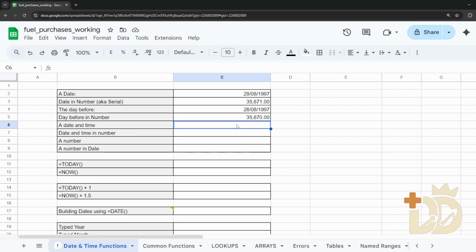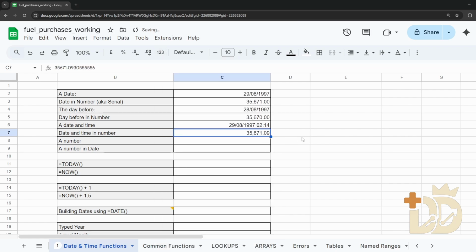So I'm going to go a little bit more detailed. We're going for the 29th of August 1997 again, and I'm going to look specifically at 2:14 in the morning. We'll have a look at that. Now that's an important date and time for any of you who know that. Please feel free to add in the comments if you know what this is. I'm going to do the same thing again. I'm going to copy and paste it, and I'm going to change it